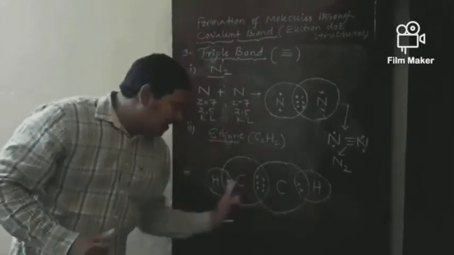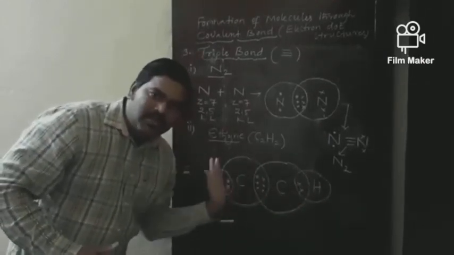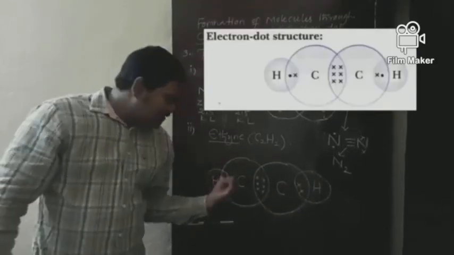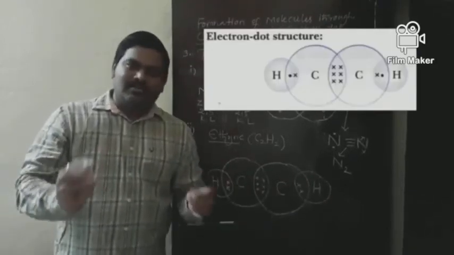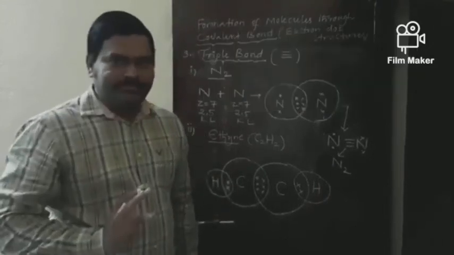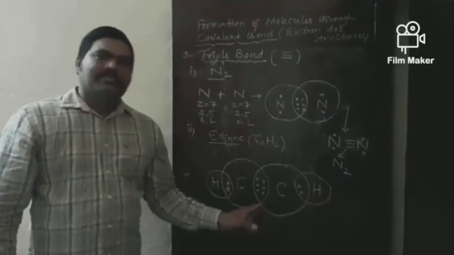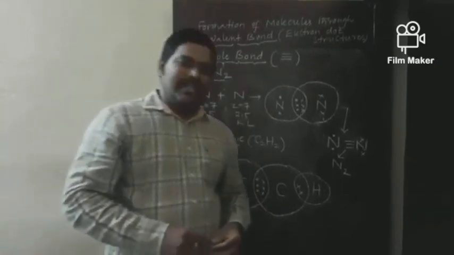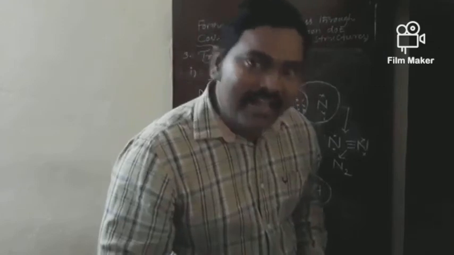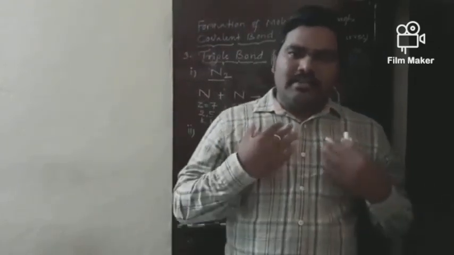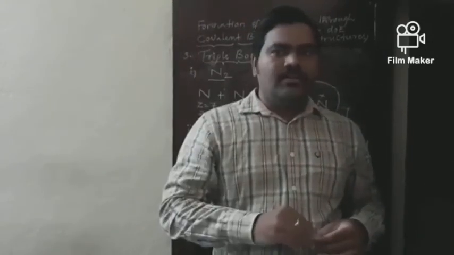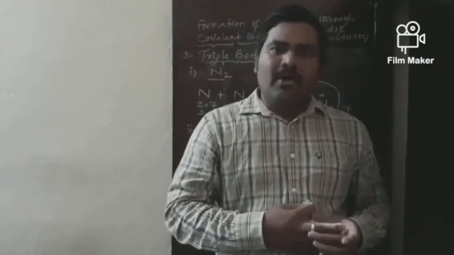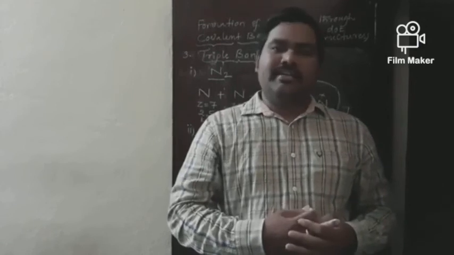Then what about the 2 hydrogen atoms? Do you know the nearest noble gas to hydrogen? Helium. So in that way, hydrogen also becomes stable. So these are the best examples which we discussed under triple bond. And one more example is hydrogen cyanide. Let me give that one as work. You try to do that work about hydrogen cyanide. The molecular formula of hydrogen cyanide is HCN.